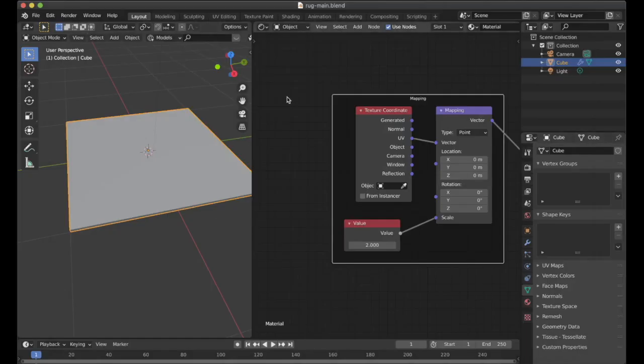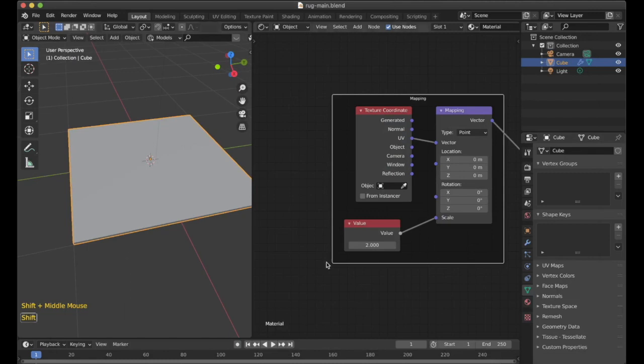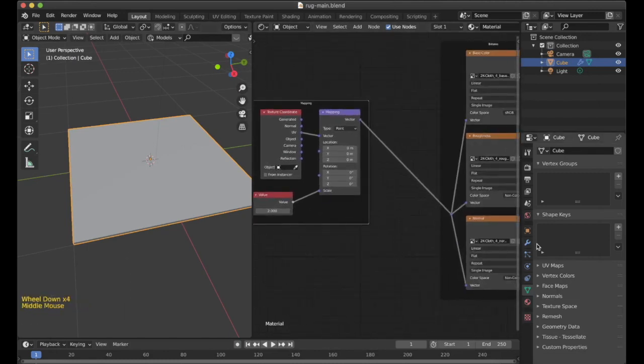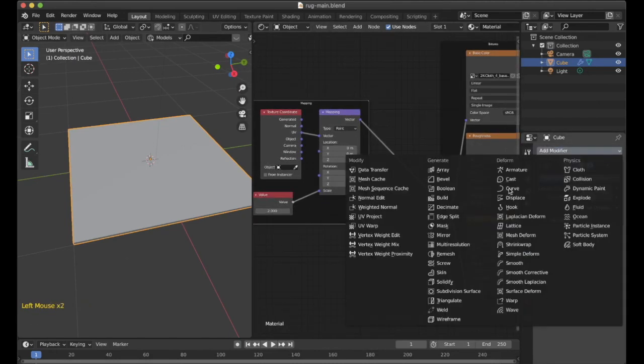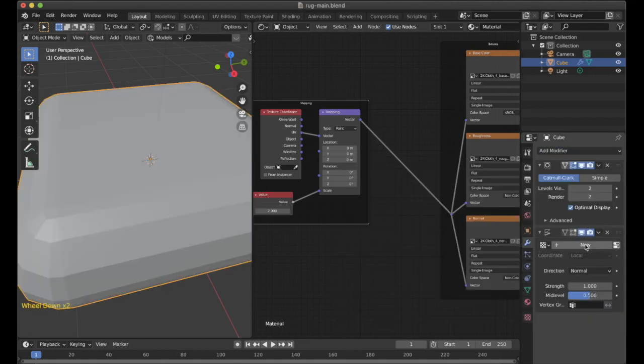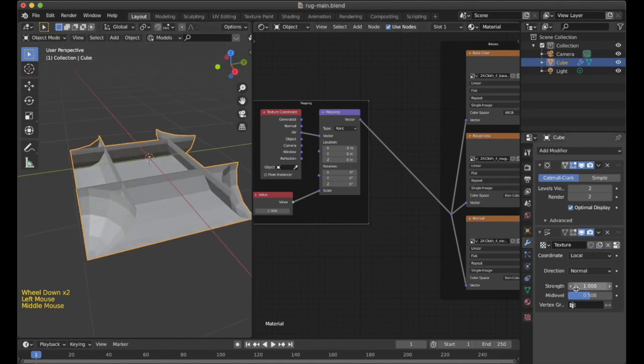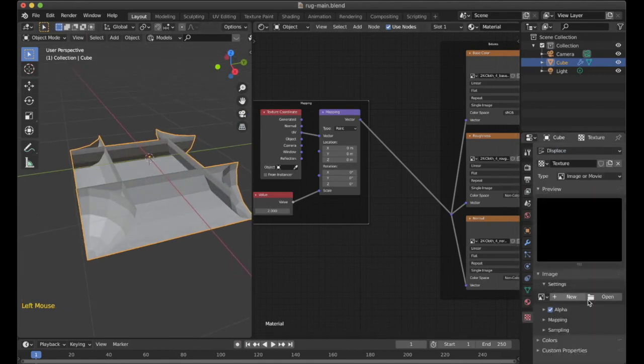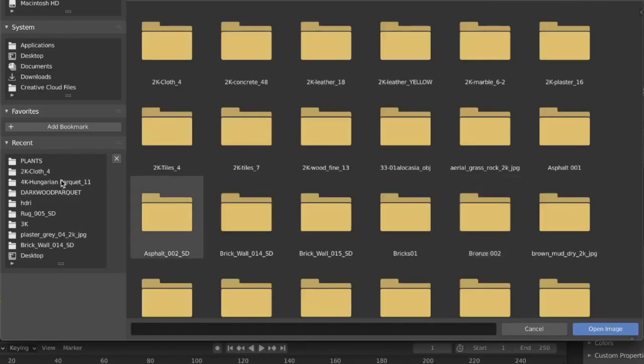To give the mesh some extra details, I will be using a displacement modifier with the height texture. The height texture is being used here because it has some extra details about the height of the material in certain areas or the bump of the material, which can actually be applied to the mesh if a displacement modifier is being used.